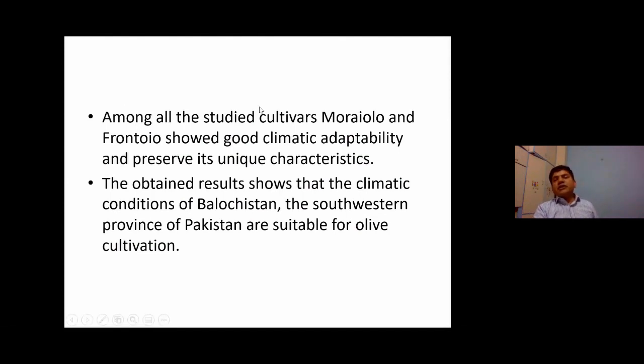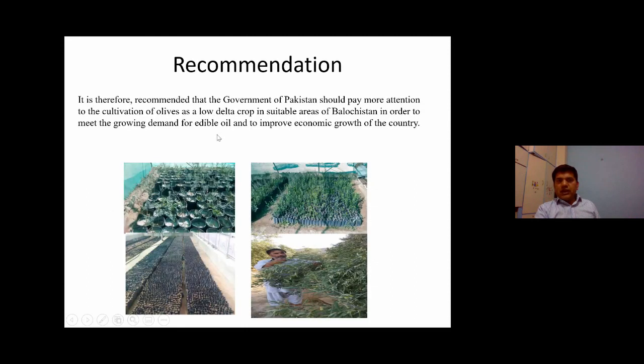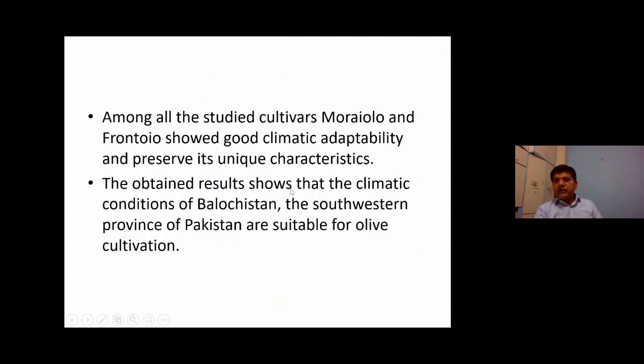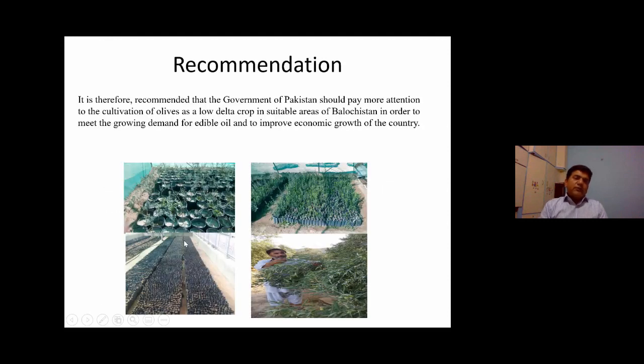Among all the studied cultivars, Murillo and Frontoio showed good climatic adaptability, and these two cultivars especially preserved their unique characteristics. Further, the results show that the climatic conditions of Balochistan, the southwestern province of Pakistan, are suitable for olive cultivation. And at the end of our studies, we also gave this recommendation for our agriculture department,